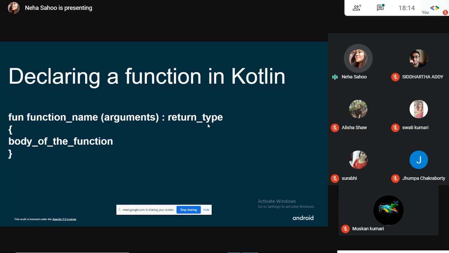Let me tell you that Kotlin is an object oriented programming language. Kotlin and Java are basically very similar, but still, this reduces a lot of code. It actually writes precise and concise code. So that is one more reason that you should be loving Kotlin. So let's go and actually write this in our editor.